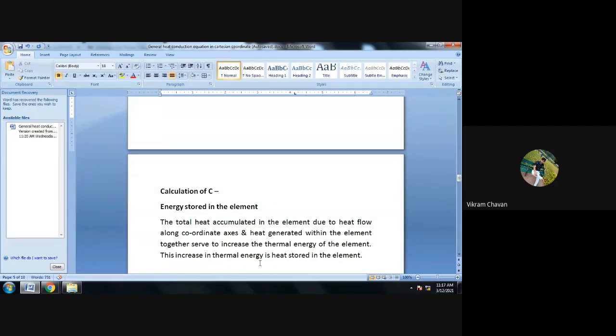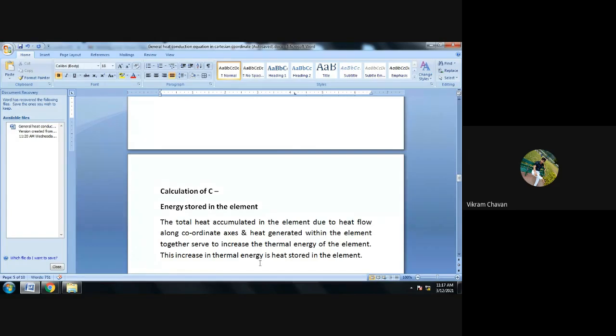What it means? जितने भी हीट अंदर आ रही है और बाहर जा रही है, इन दोनों का जो भी डिफरेंस है वो डिफरेंस किस में रहेगा? एलिमेंट में ही रहेगी, और जो एलिमेंट हीट जनरेट कर रहा है वो हीट भी एलिमेंट में ही रहेगी। ओके, जो अंदर आई और बाहर गई और एलिमेंट ने जनरेट की, ये तीन पार्ट इंपॉर्टेंट है। उसमें अंदर आई और बाहर गई, इसका जो डिफरेंस है वो नेट हीट एक्यूमुलेटेड है, और एलिमेंट ने हीट जनरेट की वो पार्ट बी है।